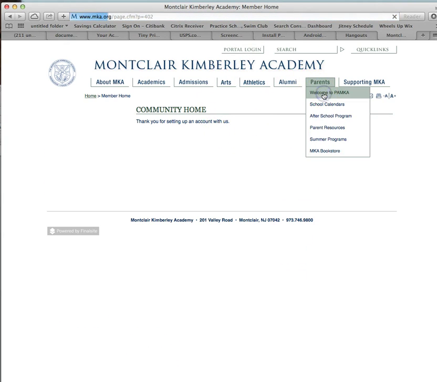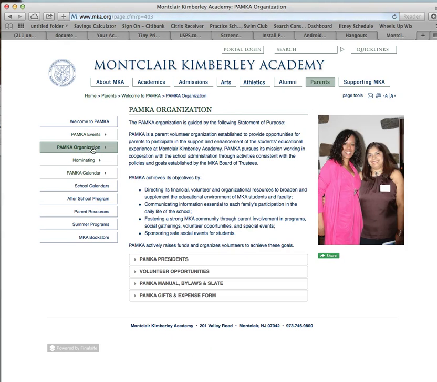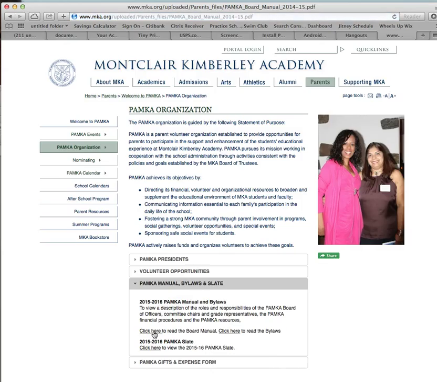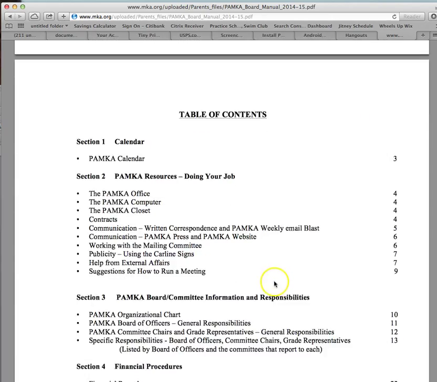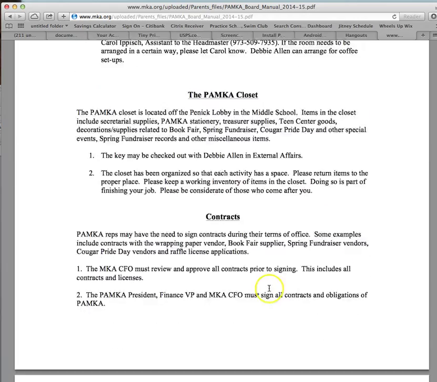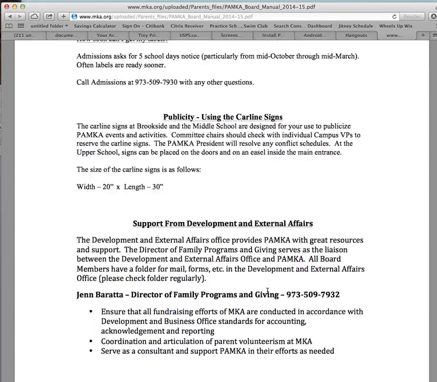Going into Welcome to PAMKA, PAMKA Organization, and then PAMKA Manual. And you need to go into the board manual right here. In this document, the work has already been done for you to create that overview of most of the positions on the slate. So instead of trying to create it yourself, it should actually exactly match whatever is in the